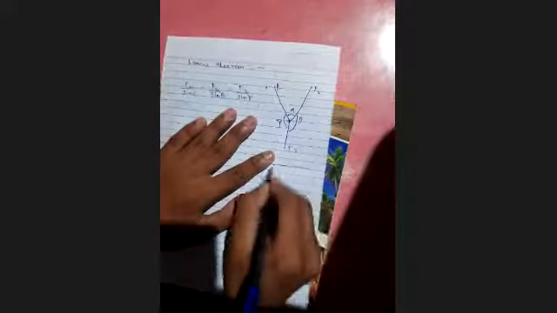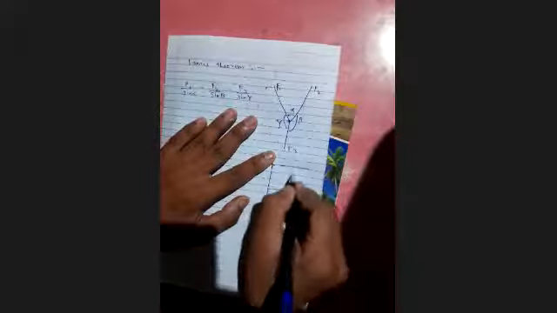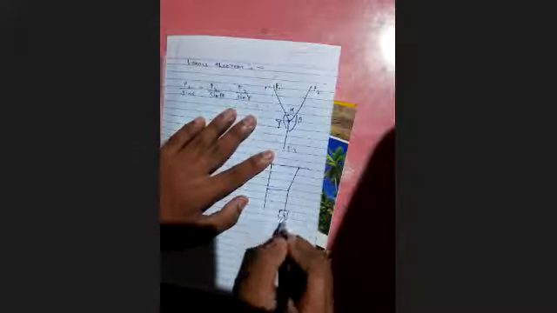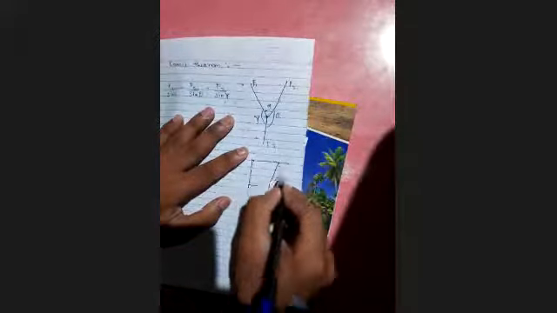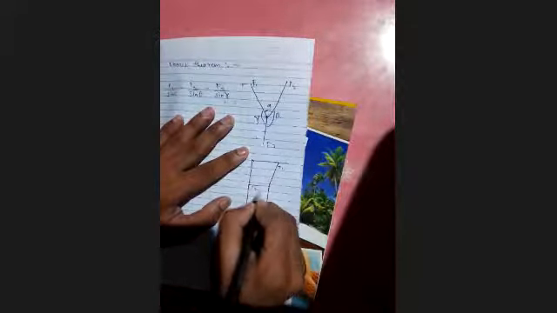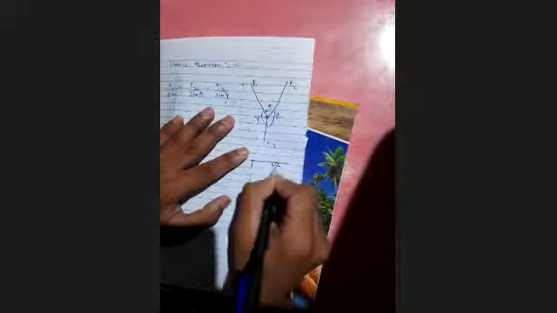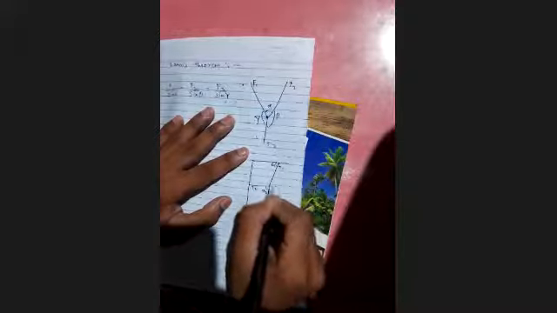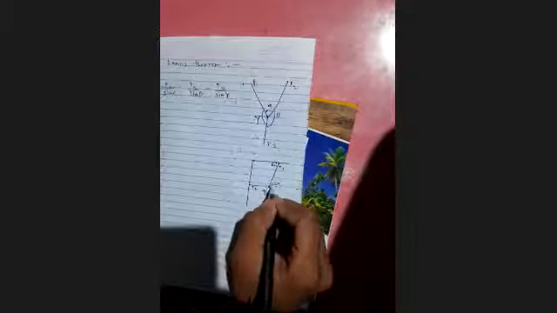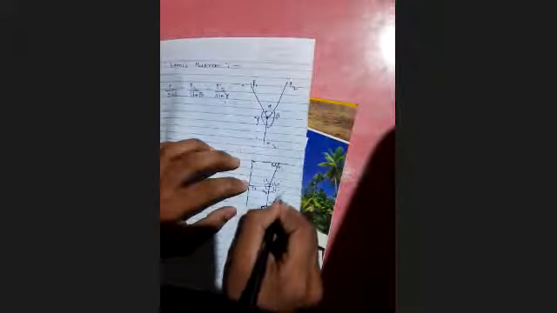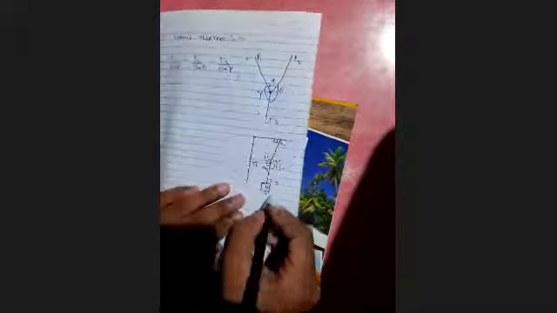We have here the block of 4 kg. We will consider this T1, this T2, and this T3. So here it will come 90 degree, and here we have 60 degree. So opposite, alternate, so it will come 60, and here it will come 120, and we will calculate it all. We will get 150. Downward of the 4 kg block, we will get mg. And the F we have is 40 N.